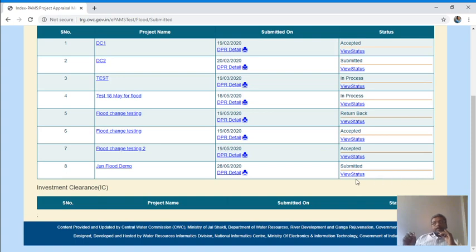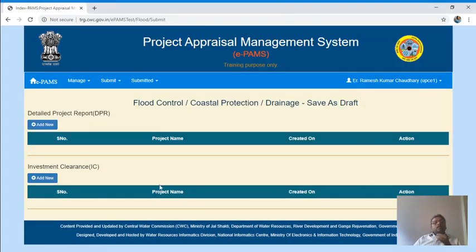And if any type of clarification is required by the appraising officer, then it will appear here. You can click it and give a reply also. As it is clear that you have submitted the proposal, this entry has gone from submit to submitted, because it is not with you, now it is with CWC.